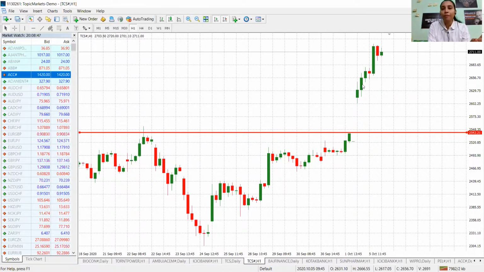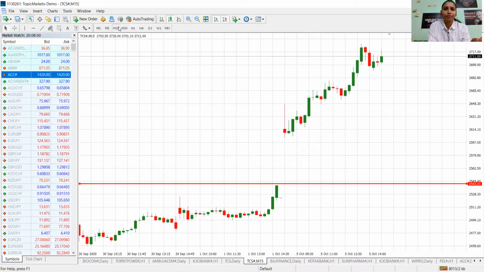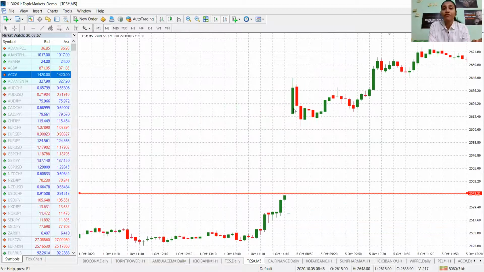Let me go to a smaller time frame over here. This movement happened in just 15 minutes, and it was actually very fast. You see, in 5 minutes it went from 2615 to 2648. So 30 to 35 points of movement in just 5 minutes. A newbie trader will not be able to execute this trade. He will be puzzled, oh my god, 2615, and then he will end up buying at 2648. So what you have to do at that very moment, when it is running up at such a fast speed, I'm going to tell you right now.